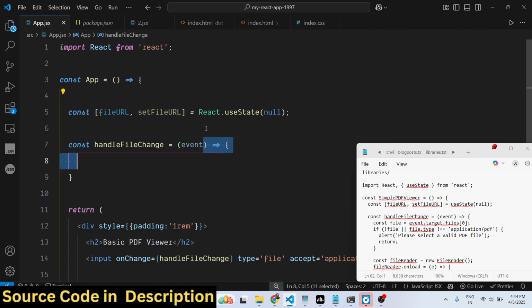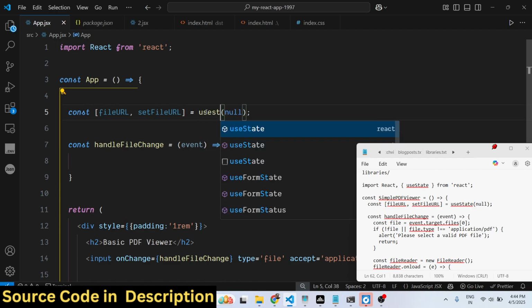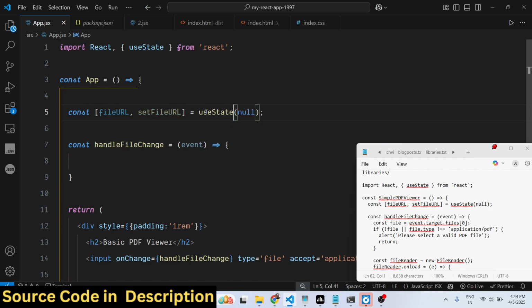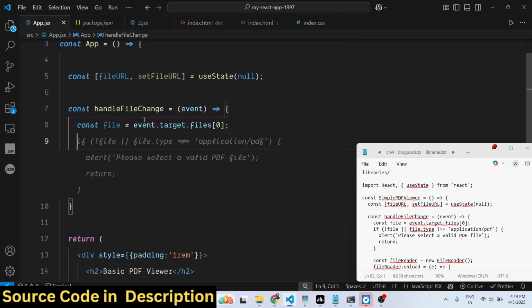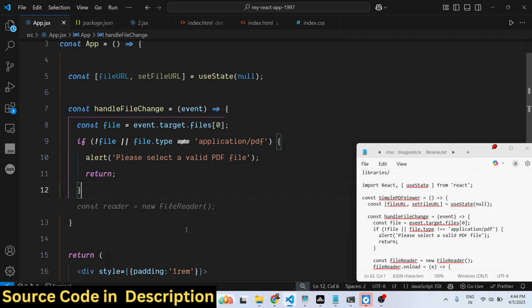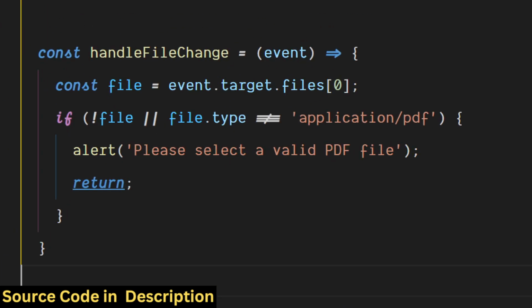So initial value will be null. For this we'll be using the useState hook from React here, and after that inside this function handleFileChange we will get access to the file by using event.target.files[0], and we just say if the file is not PDF, it will show an alert warning,